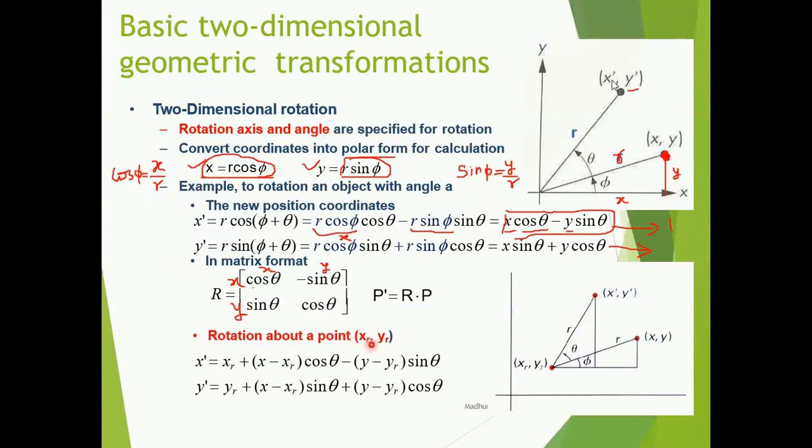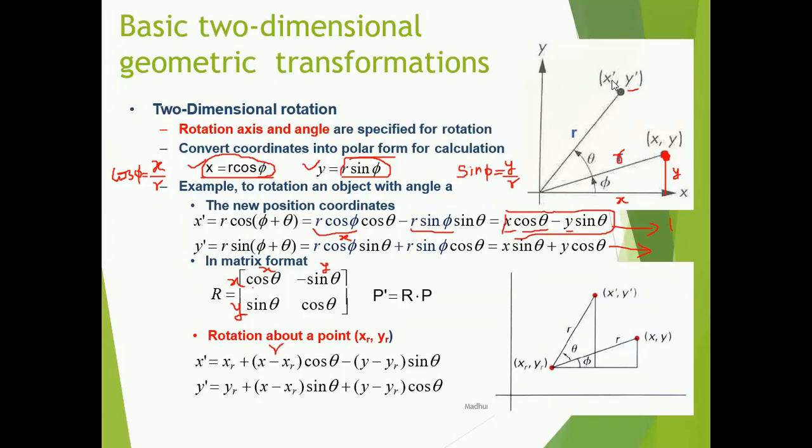So rotation about the point xr comma yr can be written as x dash is equal to xr plus r cos theta. Here xr and yr are the new arbitrary position values I am going to write. But what is x minus xr? It is r. So r into cos theta minus